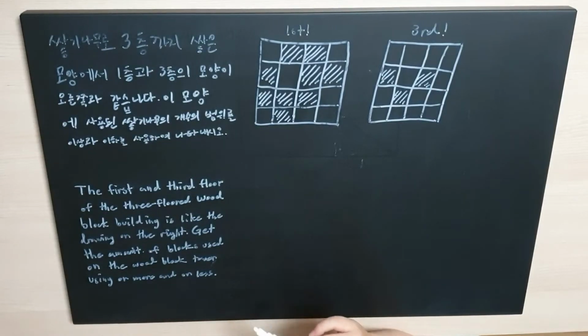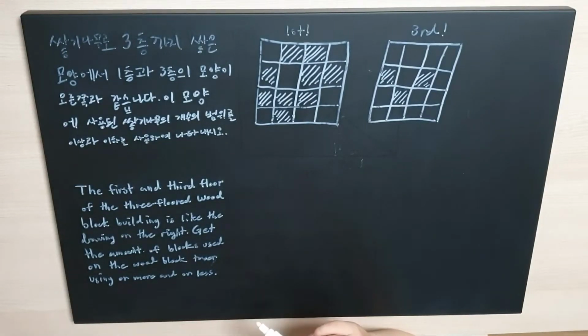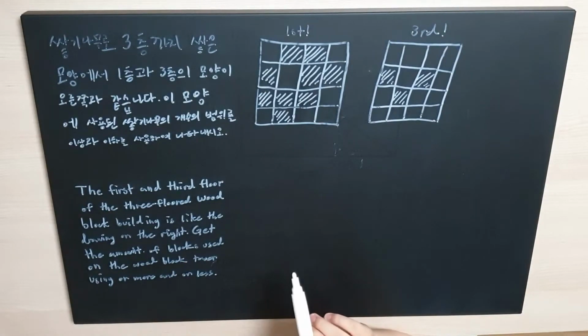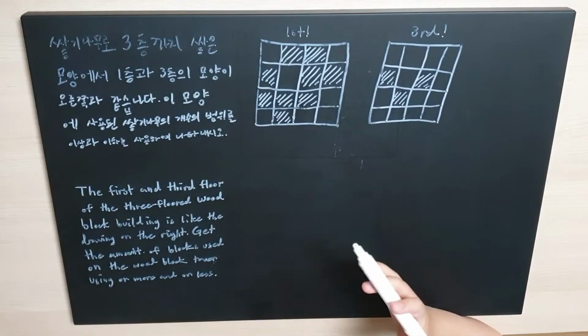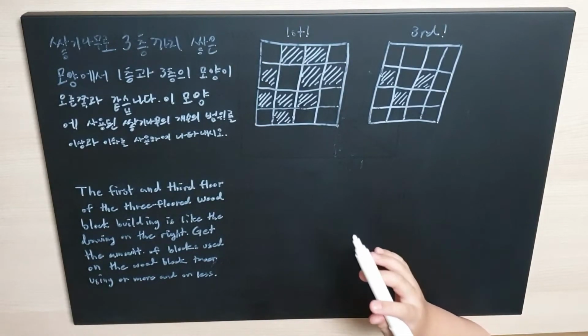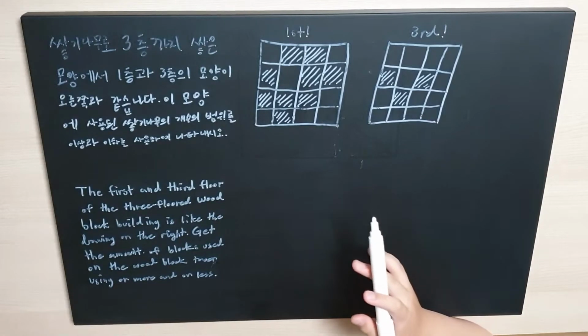The first and third floor of the 3-floored wood block building is like the drawing on the right. Get the amount of blocks used on the wood block tower using "or more" and "or less." So what this question wants you to know is that when you make a tower out of wood blocks,